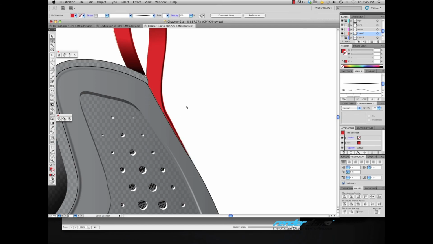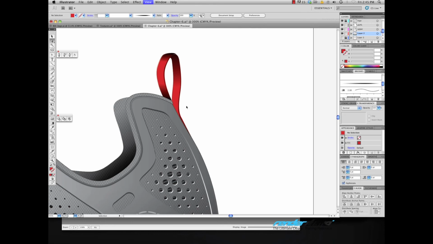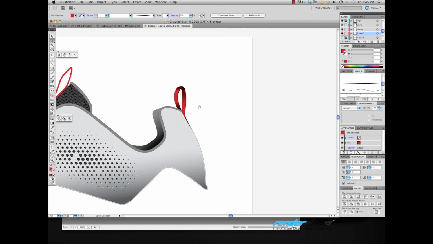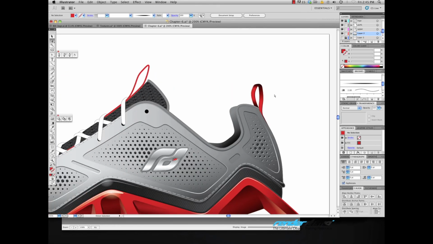Okay. Alright, I'm just going to tone that down. It looks a little too dark up there. Again, sometimes if it's not the way you like, you just have to keep playing around, changing some of the values, and